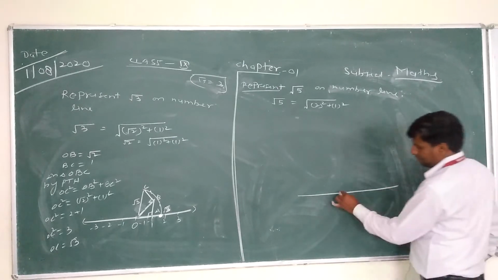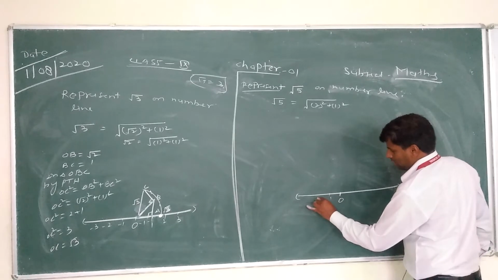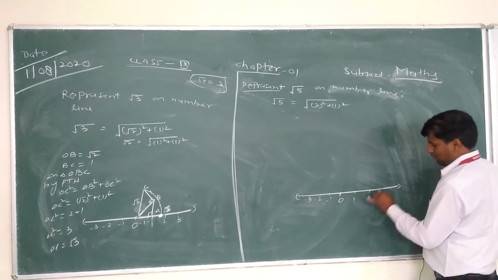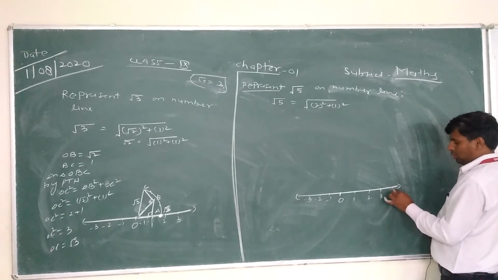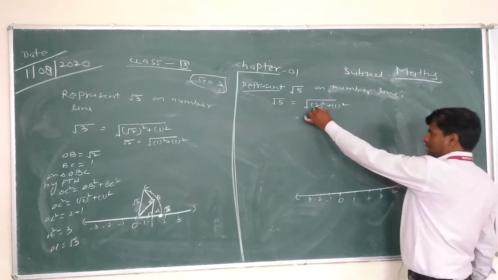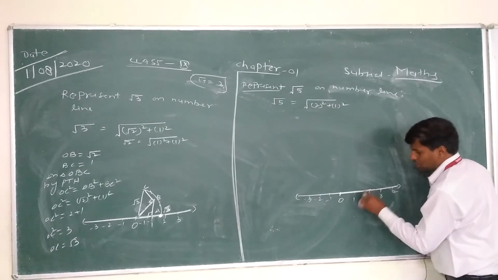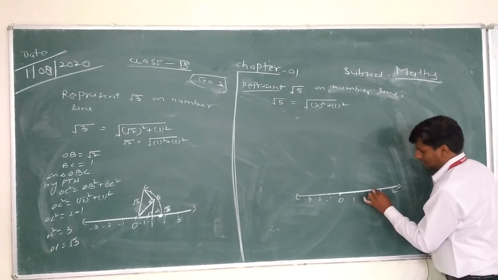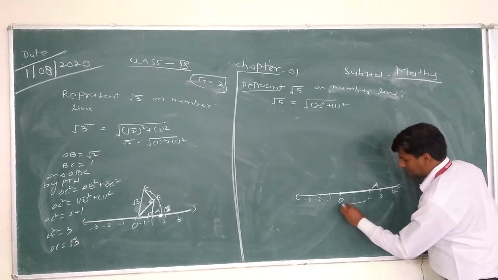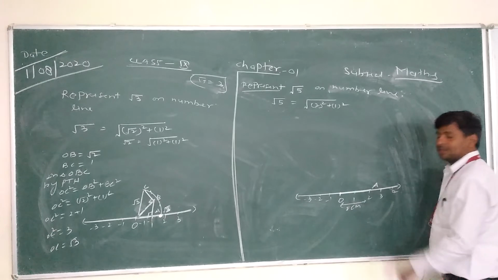So see here, how can we represent this? Draw a straight line. On the left hand side we can take negative numbers, and on the right hand side positive numbers. Same, one number equals 1 centimeter. That's clear. What is the base? It is 2. So we can assume the base is at 2 centimeters. O and A is 0. We can represent 2 centimeters.